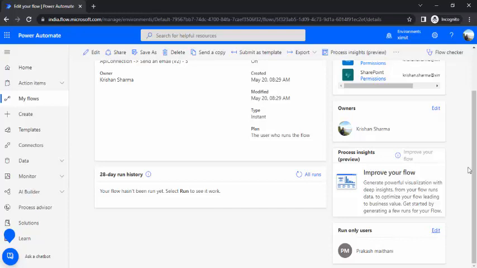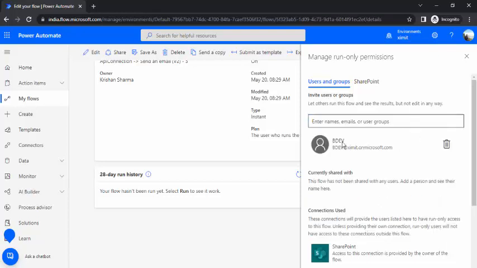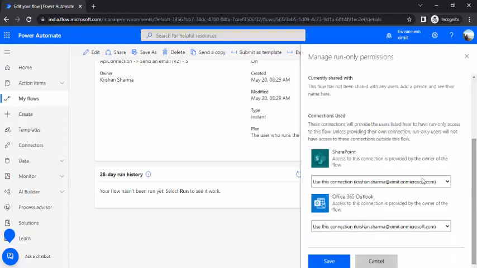So if I again added this and scroll up, you can see it's not just one user we can add, we can add groups as well. Whatever groups your AD has, you can use those groups, Office 365 groups, to provide the credentials directly. For example, the people in BDAV would be running this flow with my connection. So once I save it,